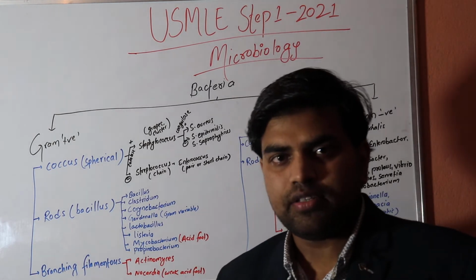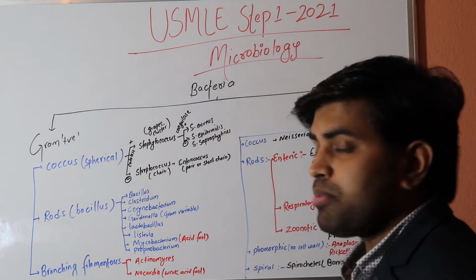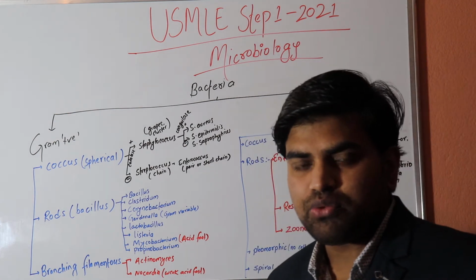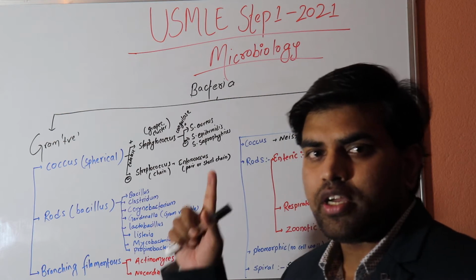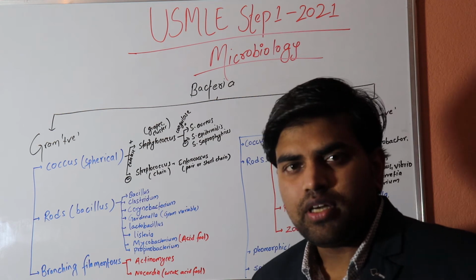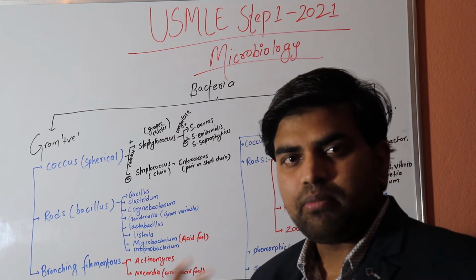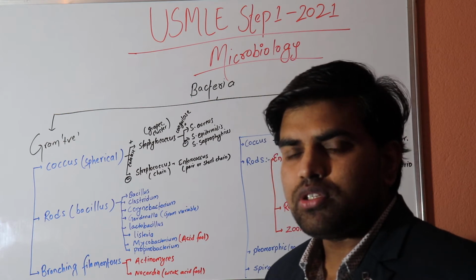Hello and welcome again. Today we'll be continuing the previous lecture, part 1, that is page 124 of First Aid USMLE Step 1 2021 of the Microbiology section. On page number 124 we have discussed the bacterial basic structure. If you go to the previous First Aid, not the 2021 one,